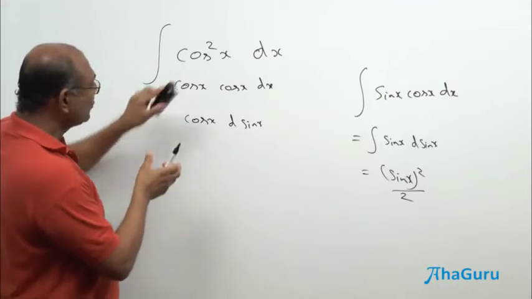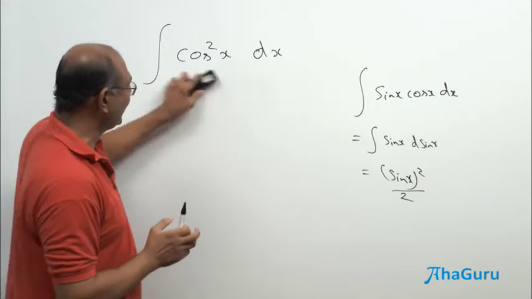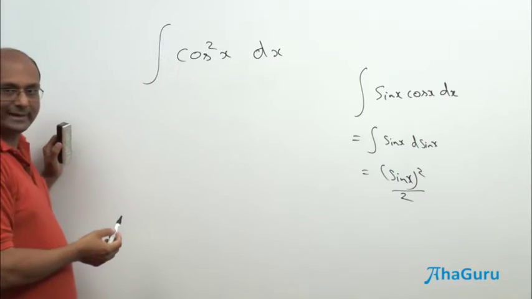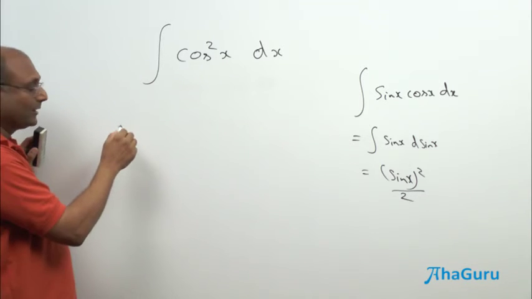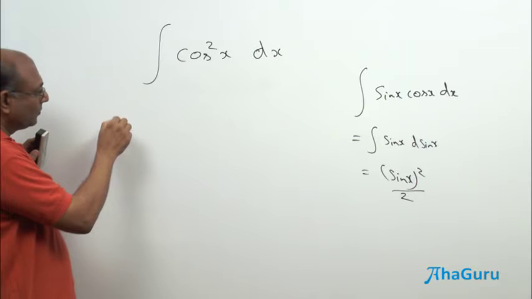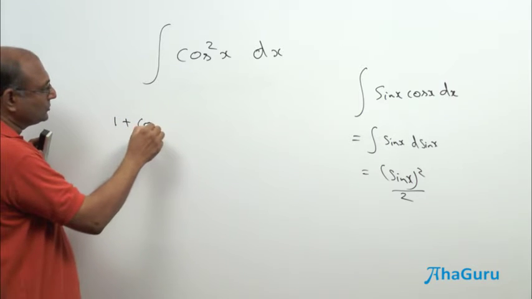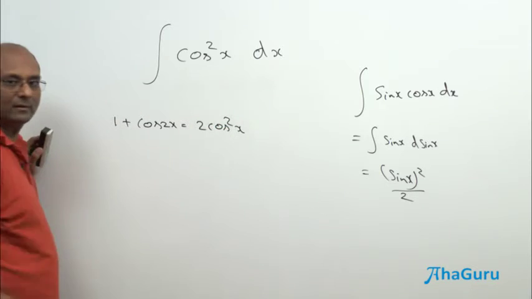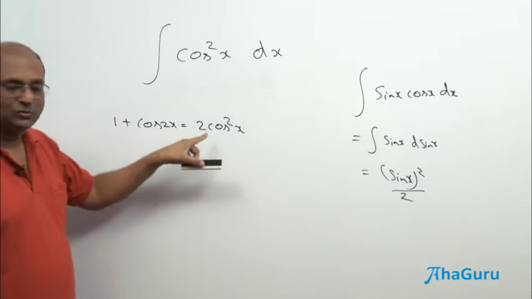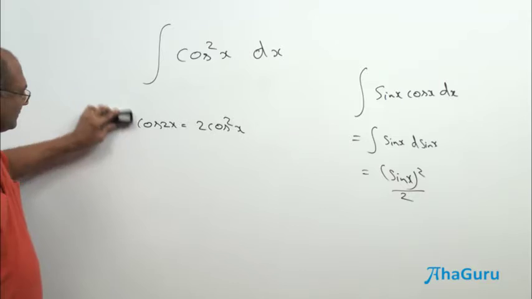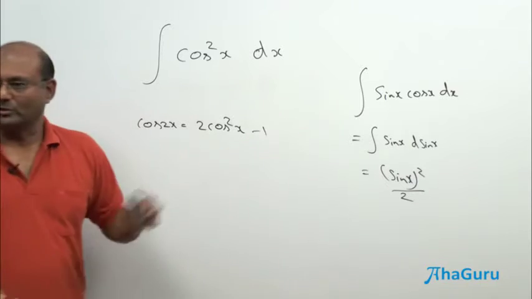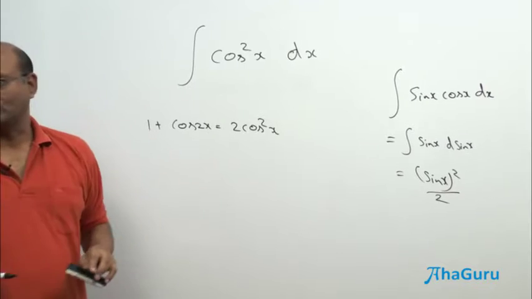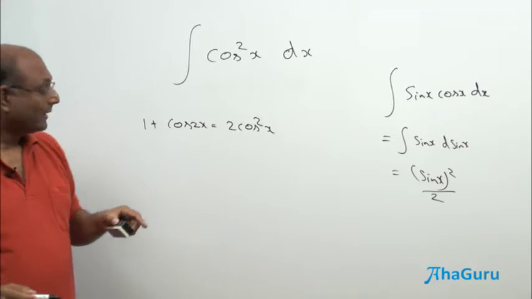But let us look at trigonometric ratios or trigonometric identities. Let's use that as an idea. Now think about cos square x. What is cos square x? Now you know that cos 2x is 2 cos square x minus 1. So think of it like this. I'm sure you know this formula, right? So if I take that 1 from that side to this side, I have 1 plus cos 2x is 2 cos square x. And this is good.